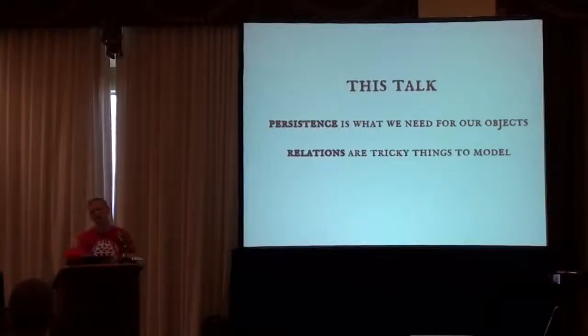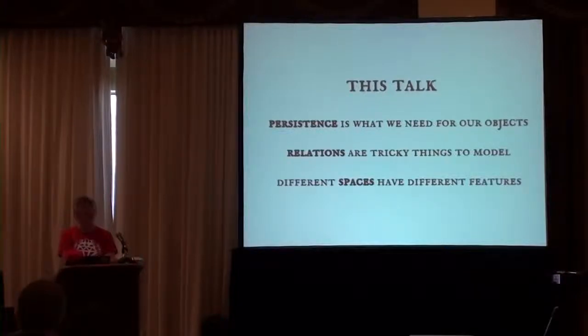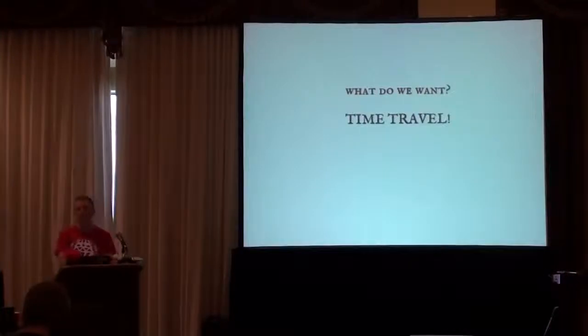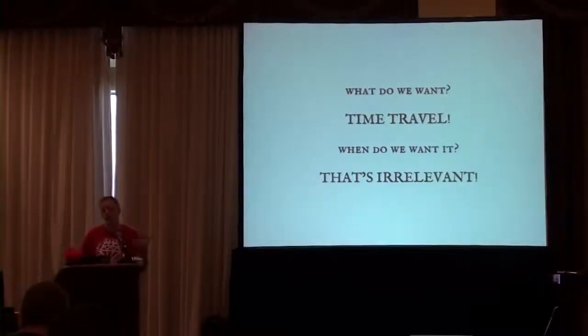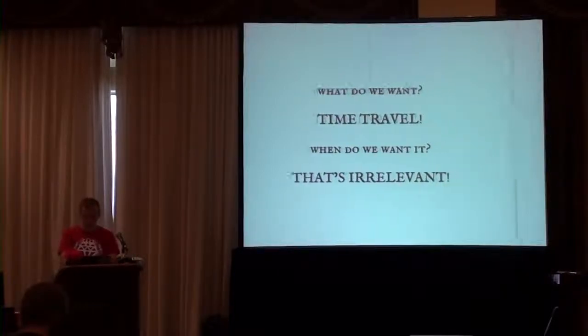And relations are the tricky thing to model because they are usually heavily tied to the persistence, whether it's a database or some other sort of persistence that we use. The way we model relations is very heavily tied to this. And by spaces, I mean different ways of persistence, but eventually what we want for our Ruby objects is basically time travel, and unfortunately we only know how to make them travel in time and forward, but maybe eventually we'll also be able to do the reverse, and we can somewhat cheat on that by versioning.